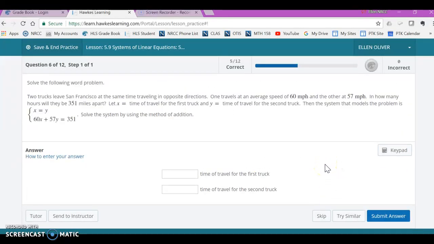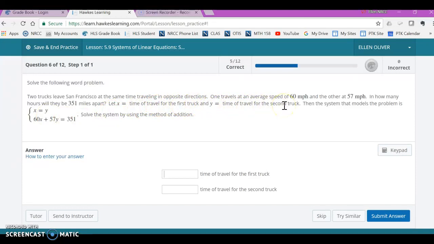All right. This one is trying to get you ready for the next couple sections, which will be word problems. They call them applications, but they don't give you the equations. And so you might want to take the time to read through this and understand how they set up these two equations, because the next two sections you're going to have to set up the equations yourself. And you're always looking for two equations, and basically you're going to let x be one of the things they're looking for and y be the other thing they're looking for, and then figure out what your two equations are going to look like. And this one talks about x is time for travel for the first truck and y